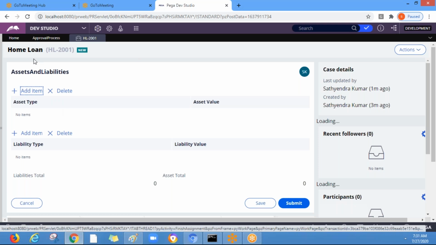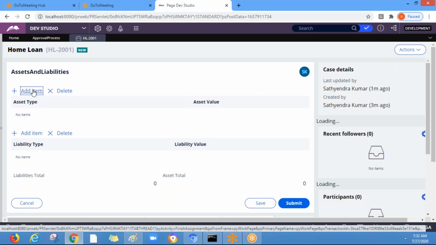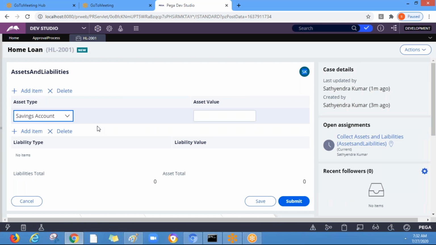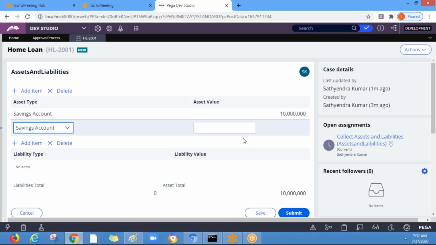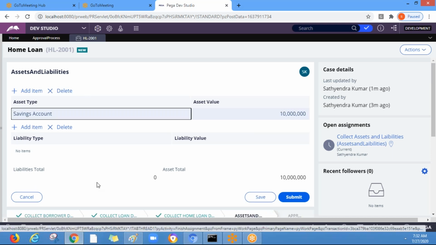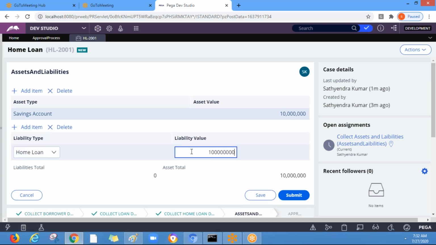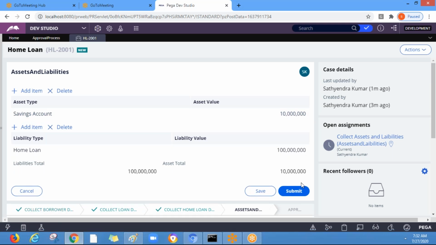And we must specify more liabilities. Let's say, add liabilities and submit it.